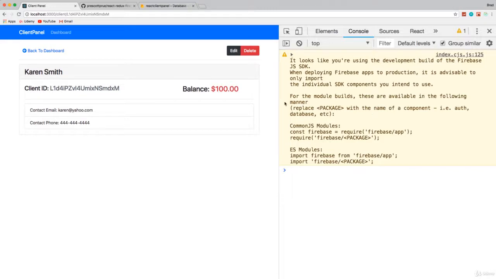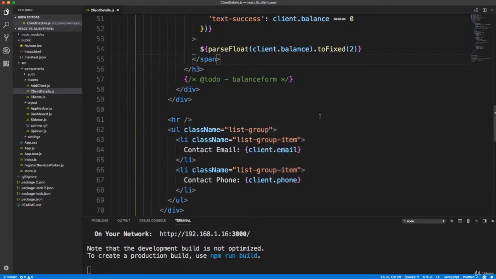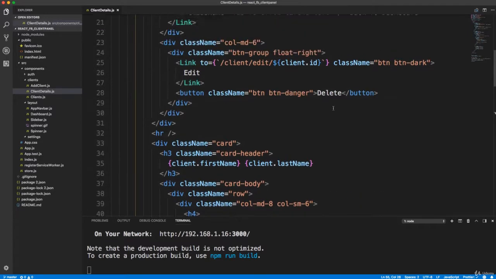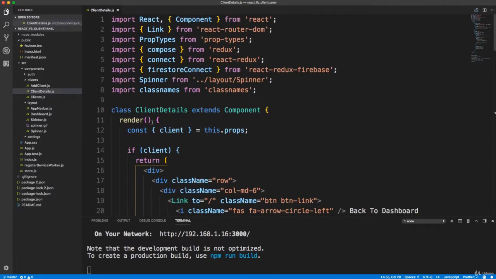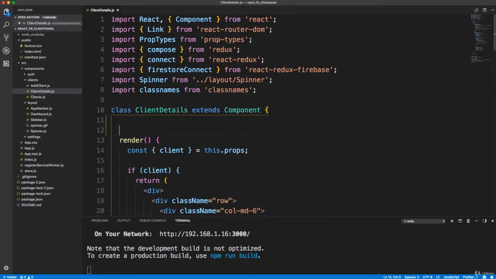Alright guys, so what we want to do now is have a little icon here to click, and then a little input will show underneath where we can change the balance. In order to do this, we're going to have a little bit of state to control whether the form is shown or not. So in our client details, we're going to add state right here,